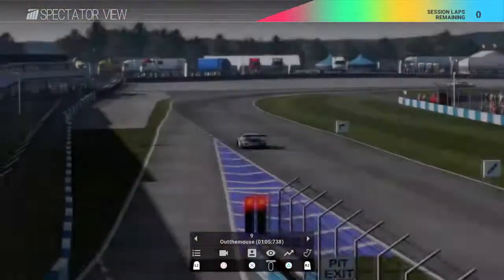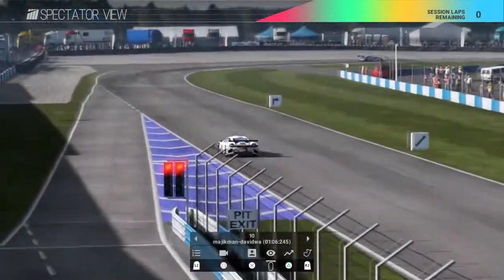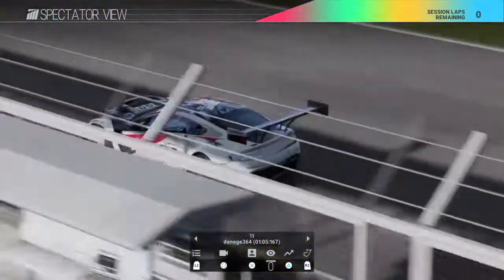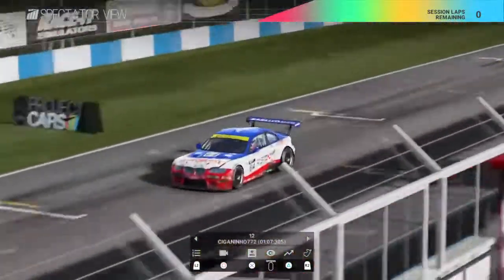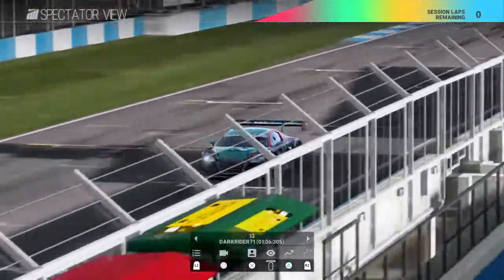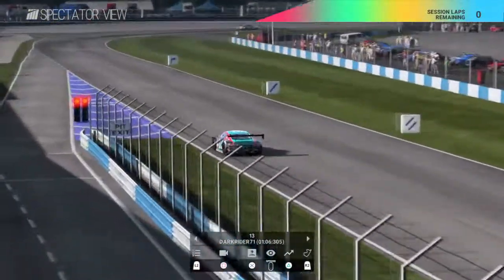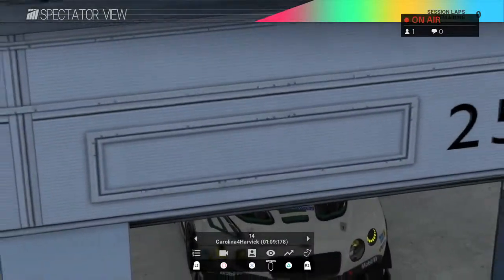Diego in 7th. With DeFram 8th, out the mouse 9th. Magic again managing to grab that point. And Dan Edge in 11th with Sagano with a lonely 12th. Dark Rider, after some absolutely horrific spins, still manages to get that car home in 13th, and Harvick sitting there